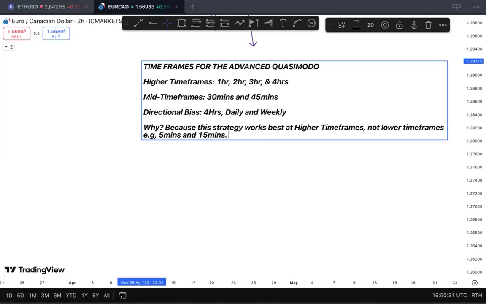So you don't want to gamble with the money that you have. You want to trade and have an edge in your trading skill or in your trading profession. You don't want to gamble. So for you not to gamble, avoid trading this strategy on the 5 minutes, 15 minutes. Rather, trade it on 30 minutes, 45 minutes, 1 hour, 2 hours, 3 hours. You can also trade it in 4 hours. If you see the structure in 4 hours, you can trade it. Okay? All right? So any other question?